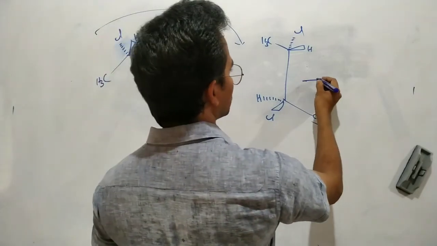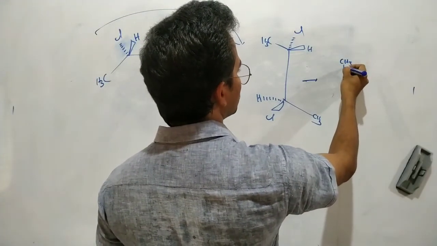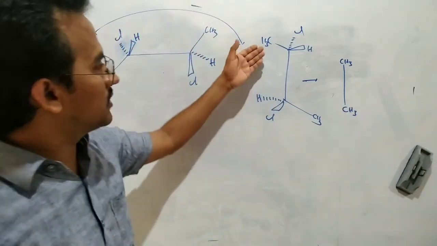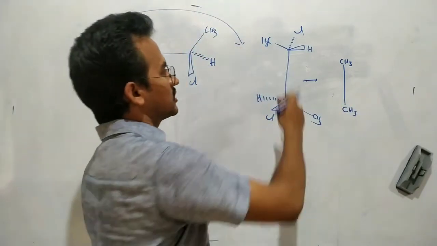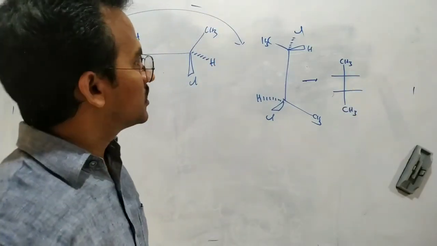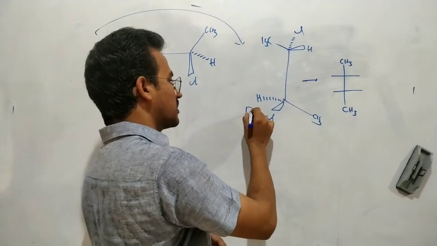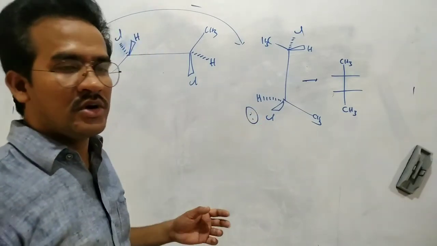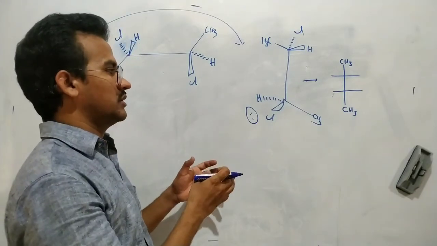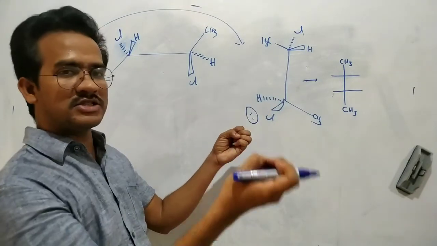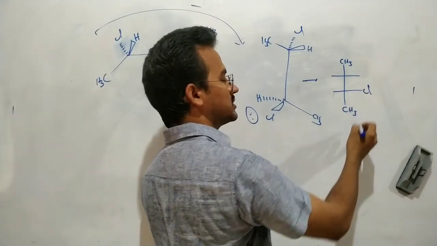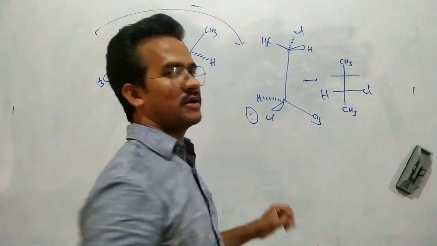Now we can easily convert this molecule. That means write the groups which are present on the plane actually. This methyl on the plane, this methyl on the plane. Here there are 2 chiral carbons, so there are 2 intersections. Now for this chiral carbon, we are looking at the molecule from the left side. When you look at the molecule from the left side, the group above the plane is present in the right hand. So here chlorine on the right side, hydrogen on the left side.